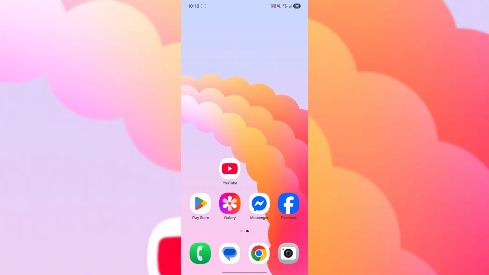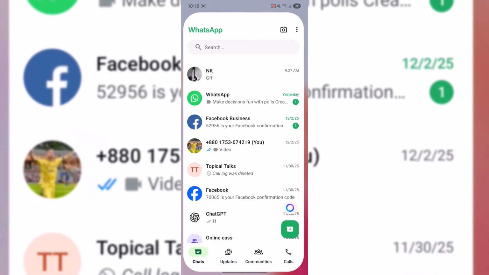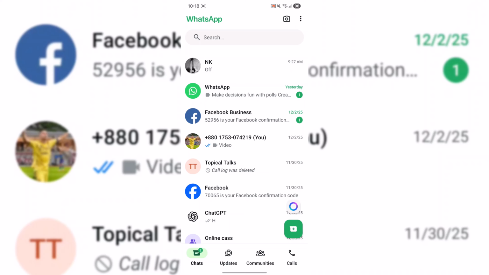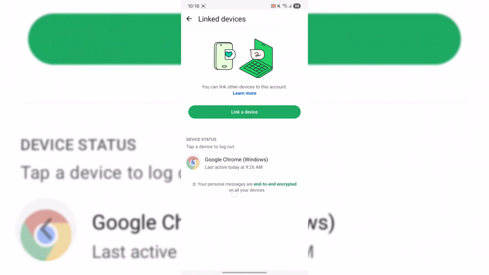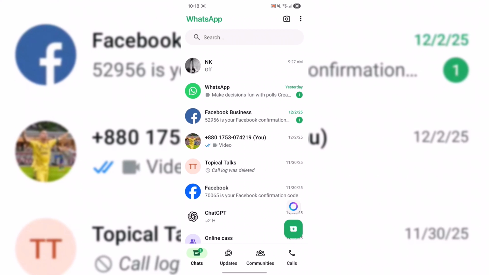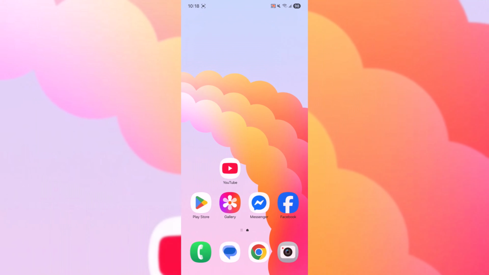In this video, I'm gonna be showing you how to use WhatsApp Web on your Android phone. So this is my primary WhatsApp app, and as you can see in this WhatsApp app, I'm using my primary WhatsApp account. And now if you wish to use your secondary WhatsApp account at the same time, then you can